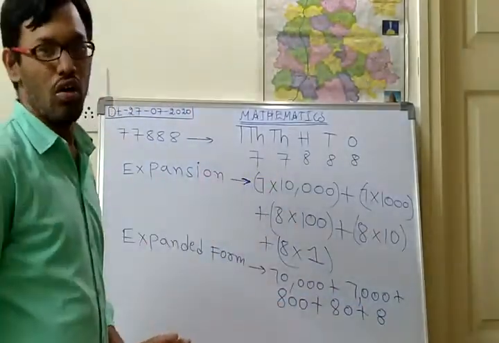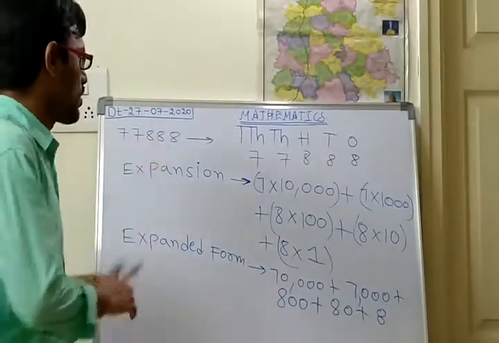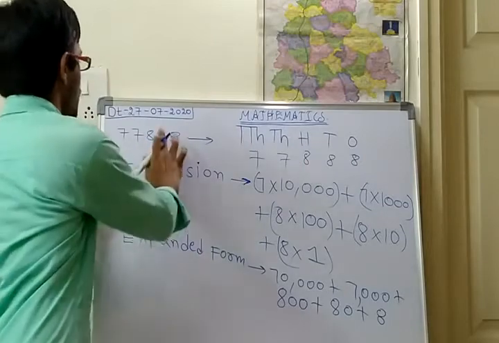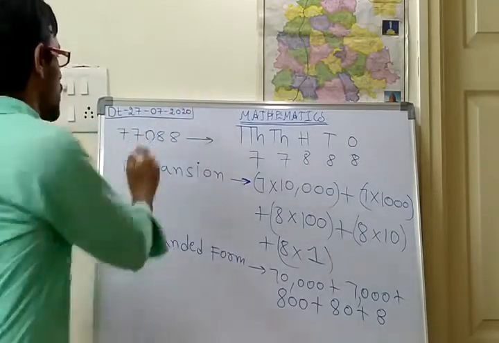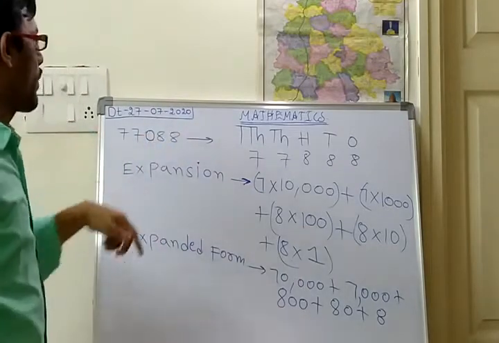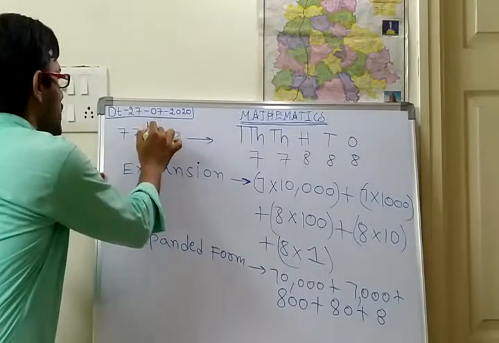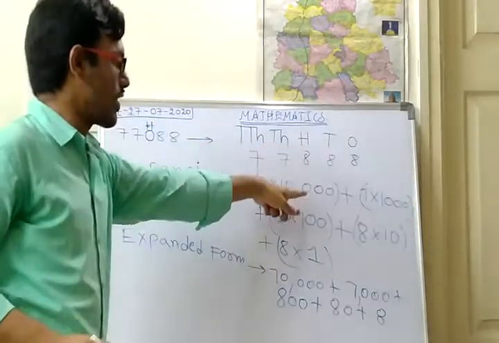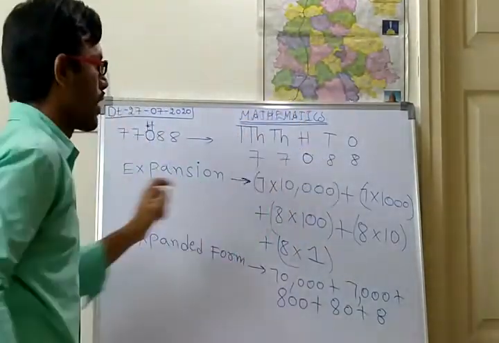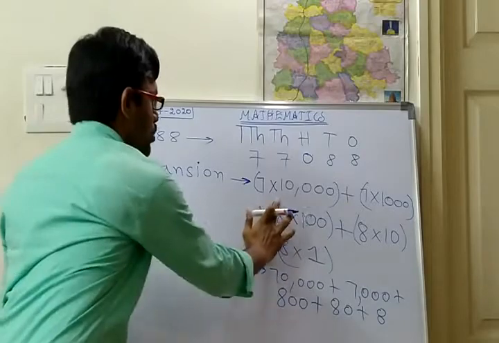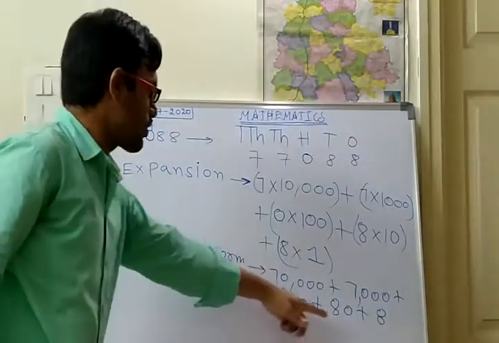Okay, like this you should do the expansion. Suppose any number is having 0, suppose I am taking 0 instead of this one. So what will happen? This is the hundreds place. So in the hundreds place you should take the 0. Here also you should take the 0. Next, in this 8 into 100, instead of this 8 you should take 0. So in the next step also, where is 100? So here is 100.